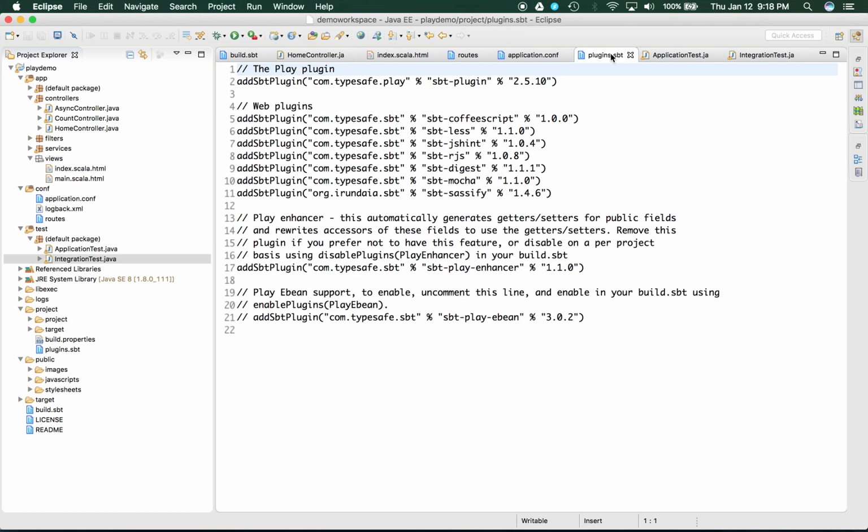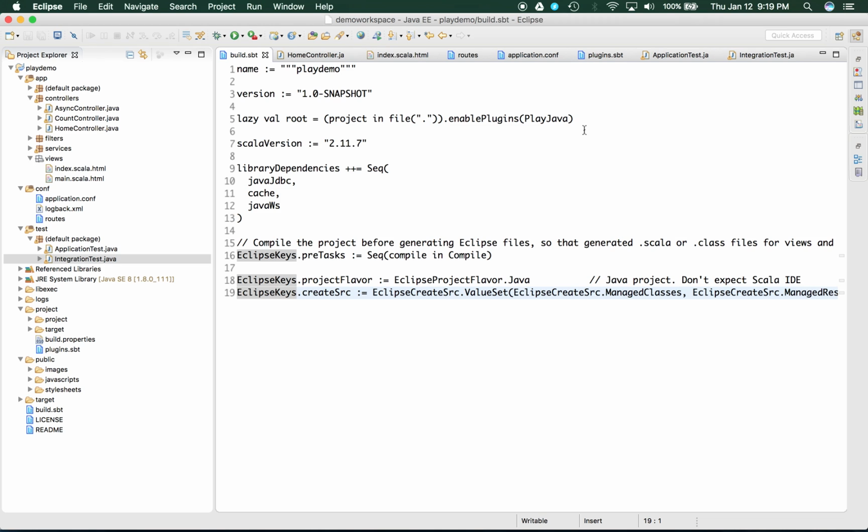Let me go into the plugins file. So that is already available. The Ebean plugin is already available. You just have to uncomment. And this comment here also explains how to make it available for your build file. So go into the build.sbt file and enable the plugin. So we enabled the plugin. There are a couple more configurations we need to do. We need to go into our configuration file